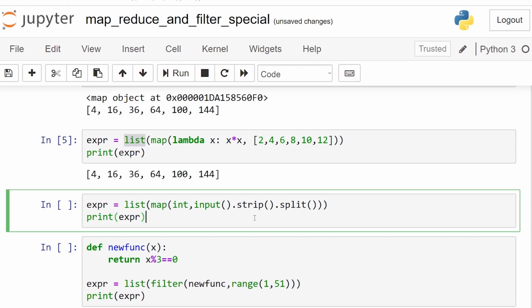You can also use the map function for accepting the user input. And this is very interesting. As you can see, the input function takes the user input, which comes in the form of a string, and then you have the strip. What is the purpose of the strip here? Strip removes the leading and trailing blanks in the user input, and then after removing the blanks, it is passed on to split, where it actually splits each element after the occurrence of a space. And then this whole thing